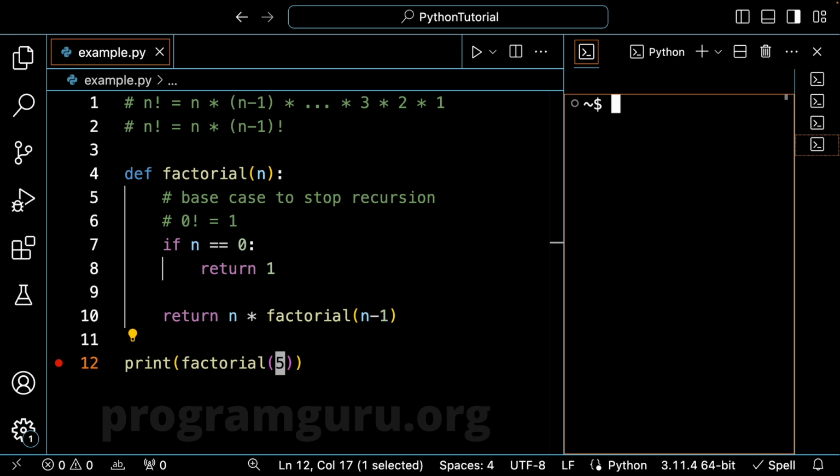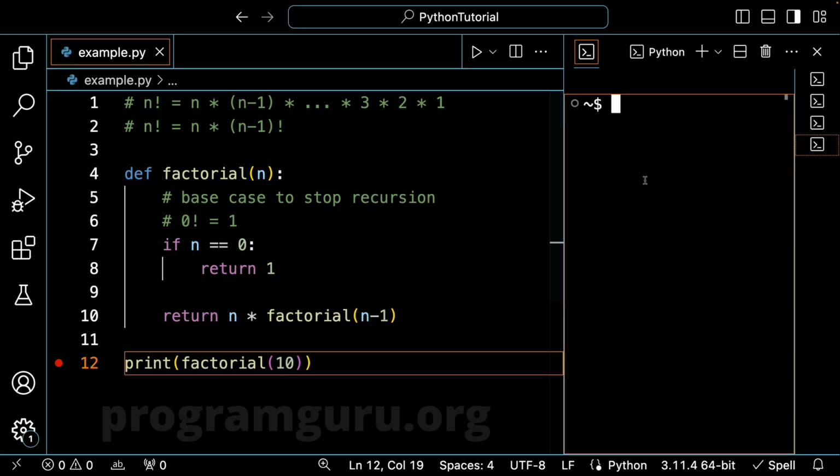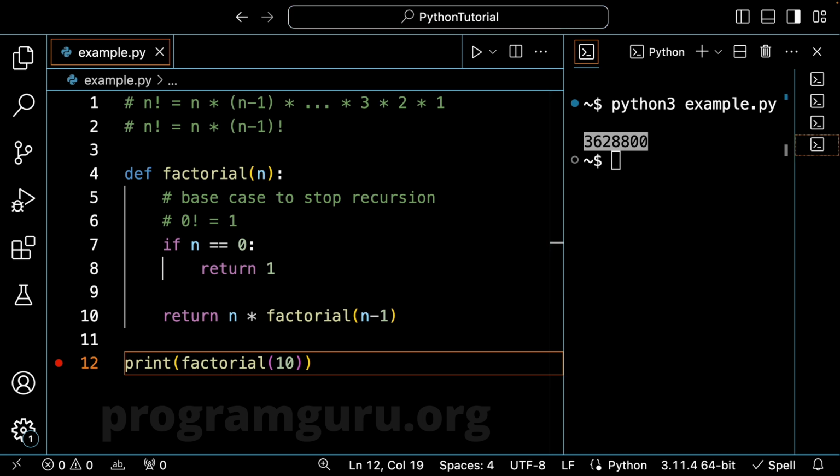Let us find the factorial of 10. Call factorial function and pass 10 as argument. Save and run the program. The factorial of 10 is 3628800. Concluding this video, we have seen what a recursive function is and how to write a recursive function to